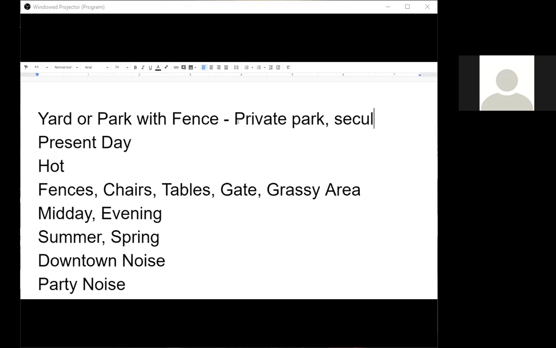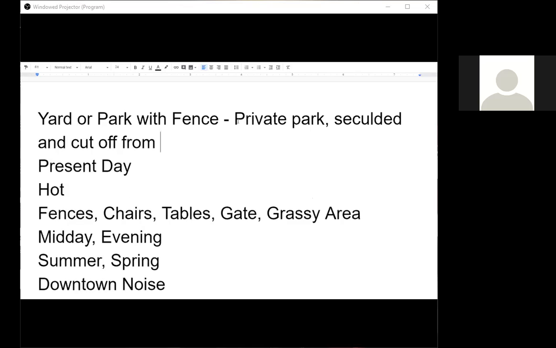So it's a private park, secluded and cut off from the surrounding area. It's its own